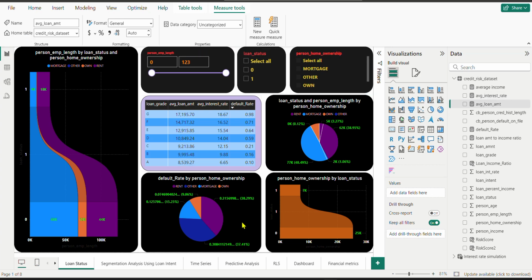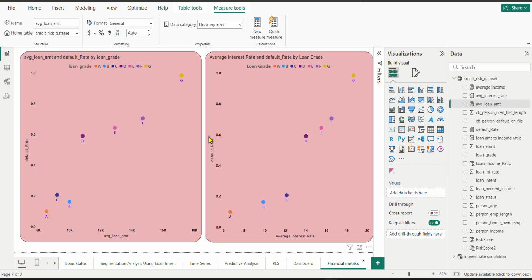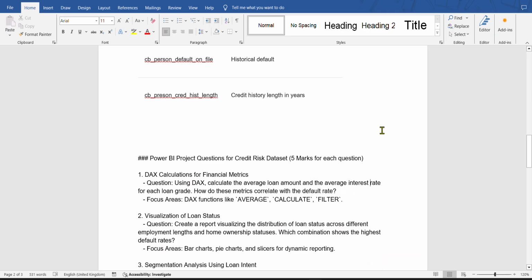Then, to find out how these metrics correlate with each other, I have made a scatter chart, and I have used the average loan amount and the default rate. That shows what the default rate is and what the average loan amount is based on the loan grade. And here it is the average interest rate and the default rate by the loan grade. So coming to the next question,